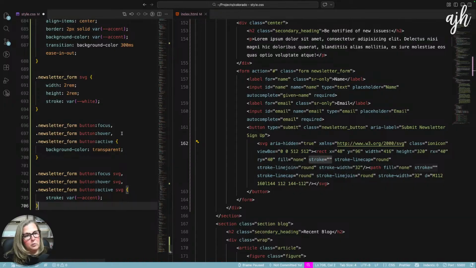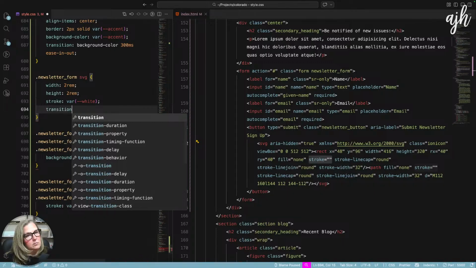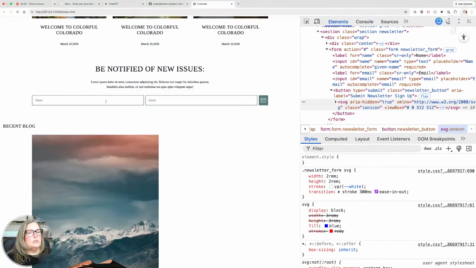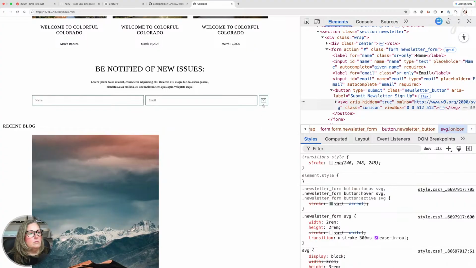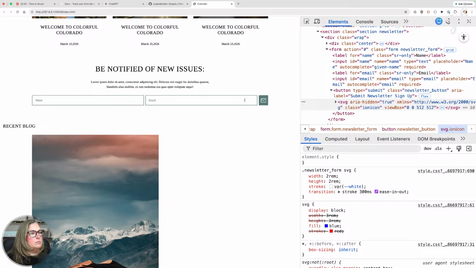And then we also want to transition the SVG. So we're transitioning the stroke, 300 milliseconds, ease in out. There we go. There's our submit button.